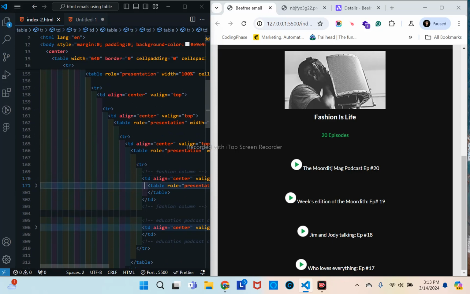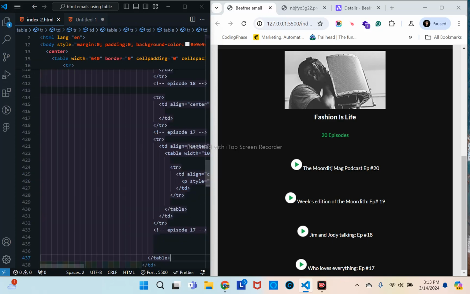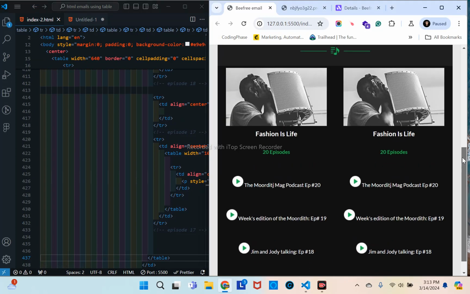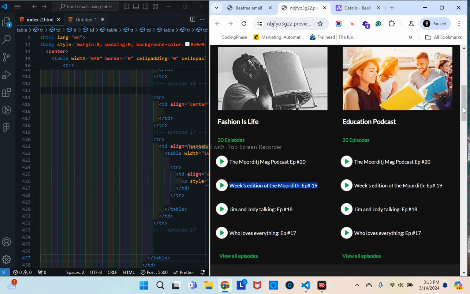I'm actually going to go ahead and copy this table over here just so we can save time. Text is over. Okay, so we got that. Fashion is life. Let's see what happens when we do this. And as you can see, there you go. So now we just need to go ahead and change the image, but of course the text is going to be changed a little bit, and then we're going to go ahead and change